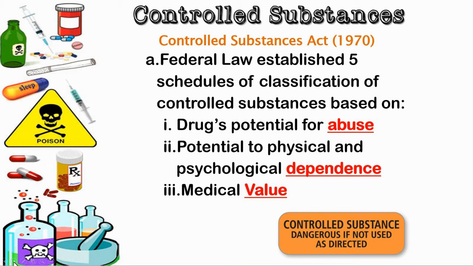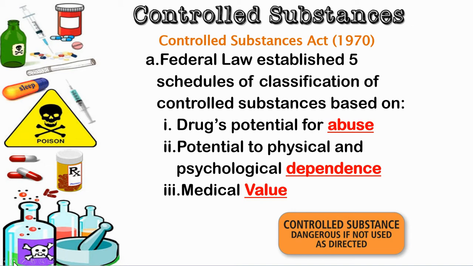Okay, so this law was established 51 years ago at the recording of this lecture. And so basically what it did is it classified controlled substances into 5 different categories. Well, they called each of these categories a schedule. So if you hear about a Schedule 1 drug, a Schedule 2 drug, a Schedule 3 drug, and so forth, those are the different categories of drugs based upon the law.